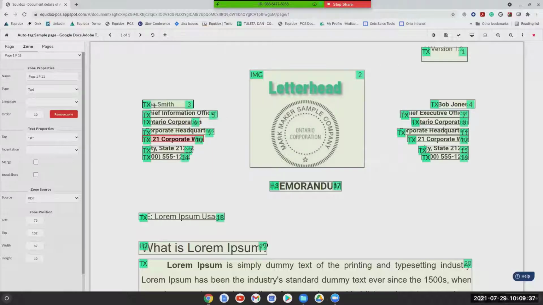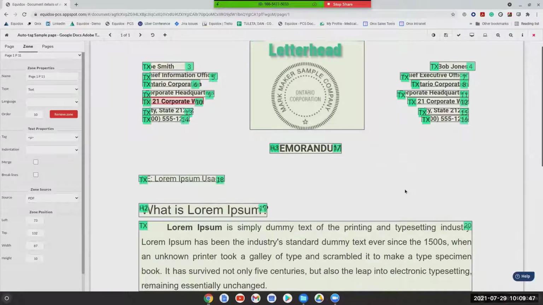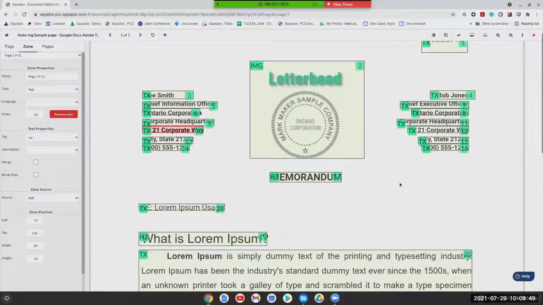You do not want to be hearing Bob Jones's title directly after Joe Smith and vice versa. Another issue I'm immediately seeing is that there is no proper heading structure in this document. This heading level 3 was automatically identified by Adobe's Auto Tagger. To start a document with the first heading being a heading level 3 is absolutely incorrect, and it will be flagged by every accessibility checker in the world.